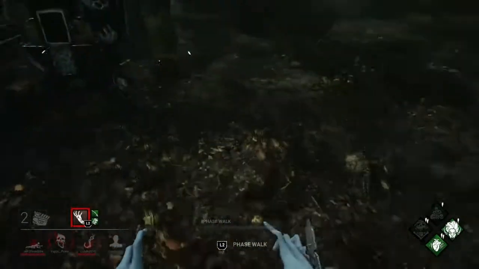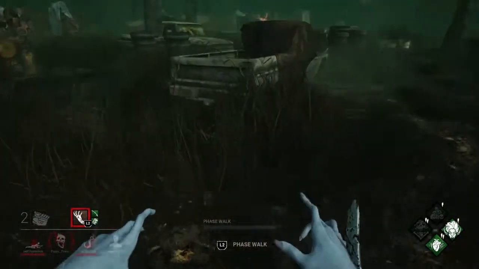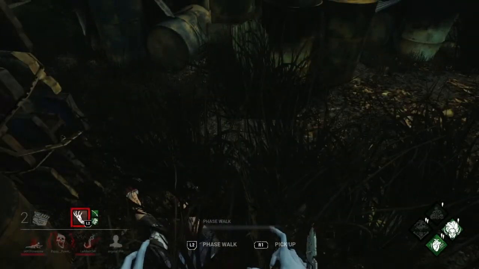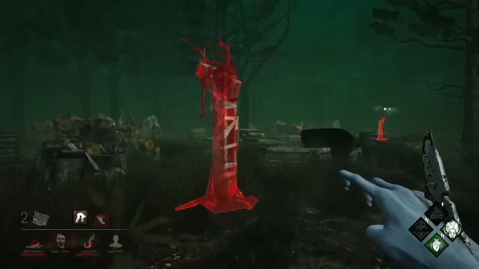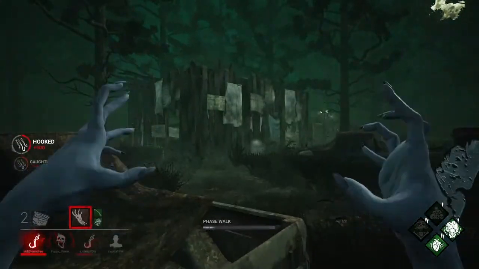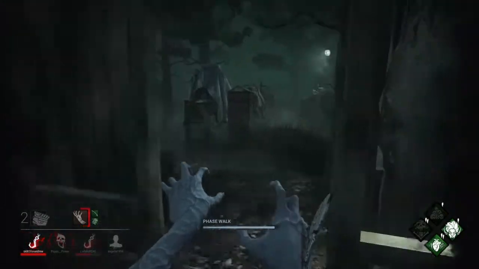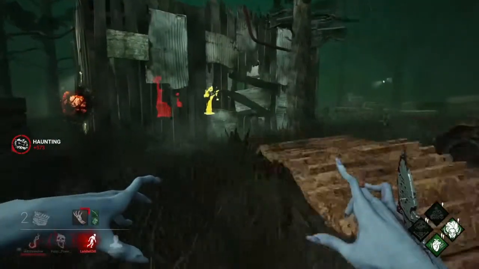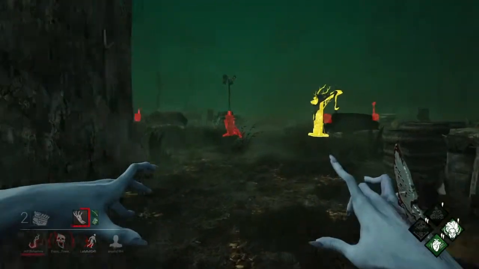Wait a minute. Is she not down? Wait, what? How did you get over here? Okay. Whatever. I'm gonna go look for your friend that ran this way. That was really weird. She must have glitched. Oh, there's no chance. See, I'm not the typical killer that...